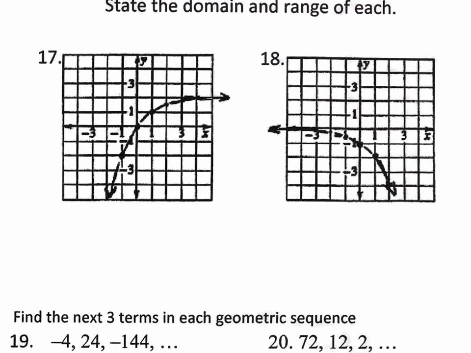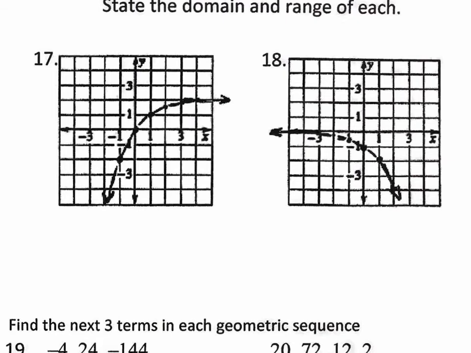So what do you guys say about number 17 right here? Is that growth or is it decay? It's decay. Good job. Because from left to right, it's approaching the asymptote. Couldn't have said it better myself. Remember, you always look at graphs from left to right, kind of like reading a sentence. So if you're going from left to right, you might be thinking, oh, it's growing. But it's not growing. It's actually decaying to the asymptote value